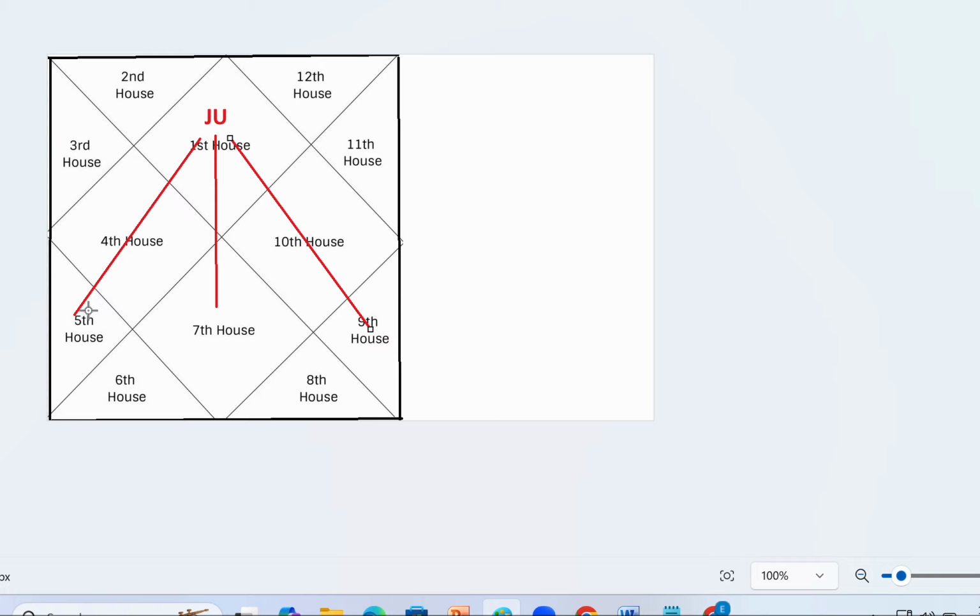For example, the Jupiter owned rashis are 9 and 12. At a very basic level, 9 is benefic, 12 is malefic. So Jupiter's DNA will have 9 and 12 in it. You understood, sir? Yes. Suppose I have Rahu sitting over here.